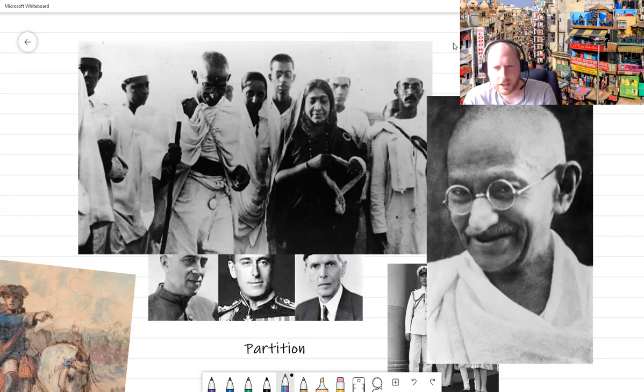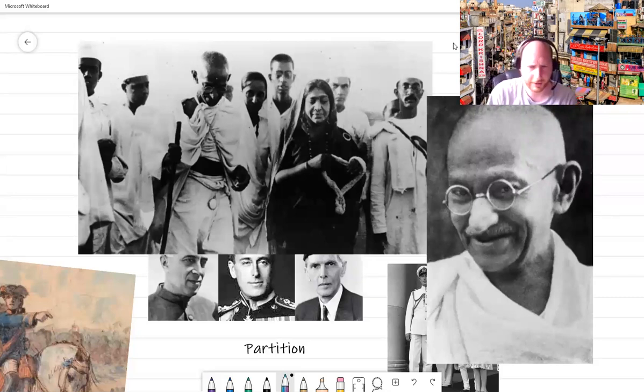He starts with just him and a few friends, but by the time they get to the sea, there are thousands, hundreds of thousands of people, and they all converge on the beach and start making salt for free. The English come along, the British beat them up, take them all to jail, but the newspapers start to talk about it, and the British start to look silly. Now, if we fast forward to 1947.